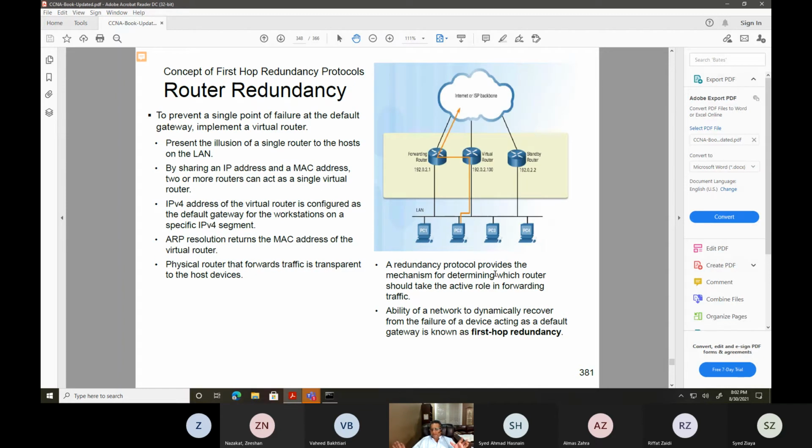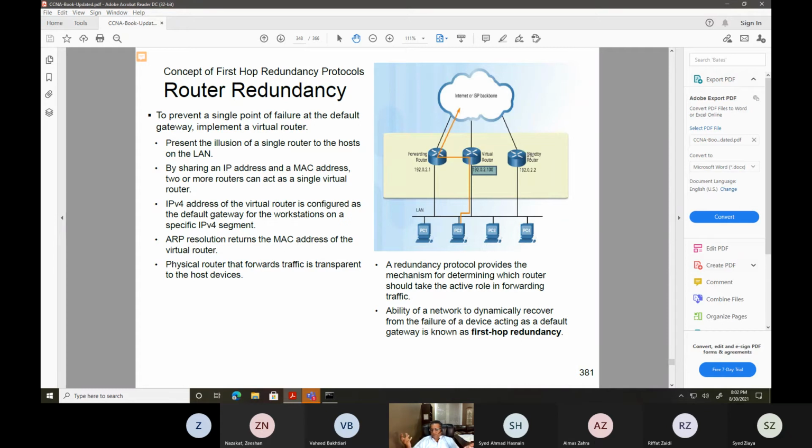So what happens, look at this. You have got one router, you got the other router. So one IP is 192.0.2.1, and the other router, standby router, is 192.0.2.2. Now you create a virtual router. This virtual router gets created on both the routers, layer 3 devices, and all the PCs' default gateway will be 192.0.2.100. The higher the HSRP priority, the more it will be preferred. So R1 is basically your active. If your R1 goes down, if this router goes down, then the standby is going to take over.